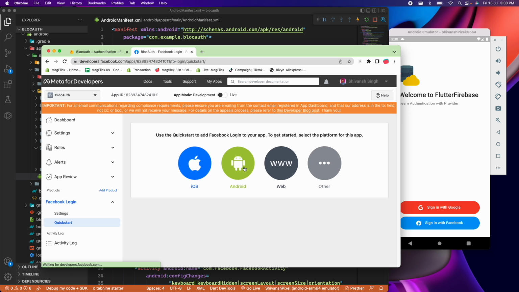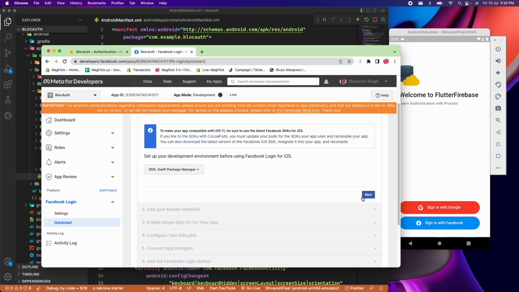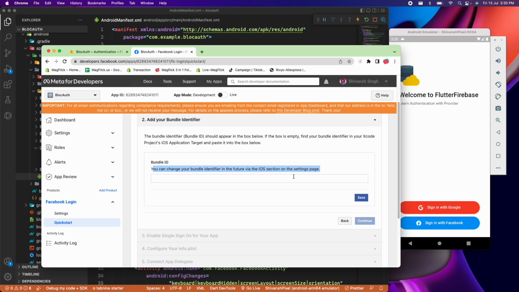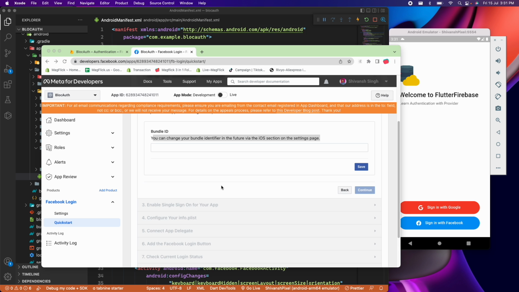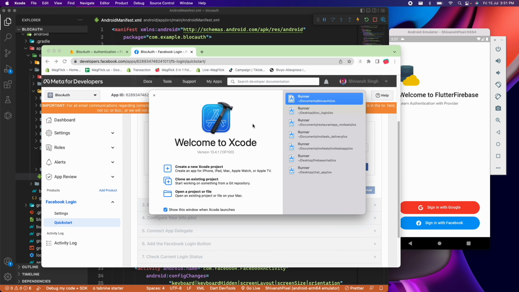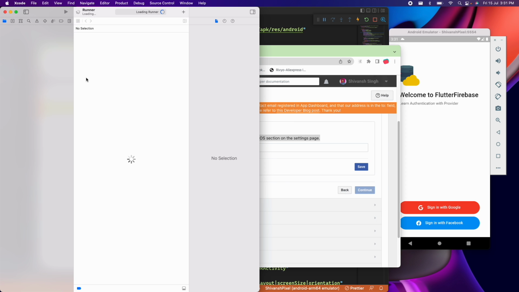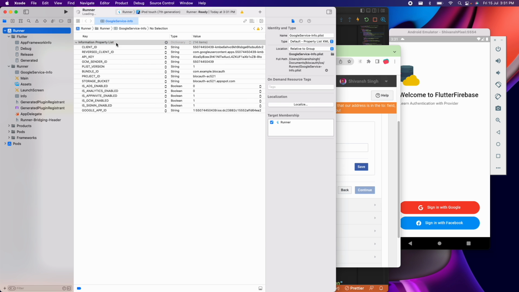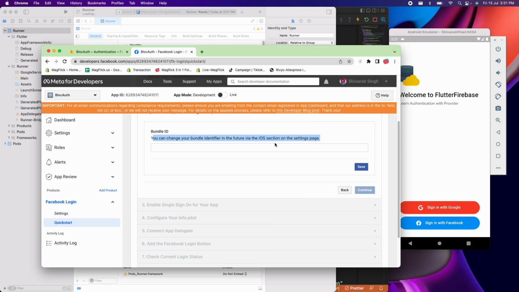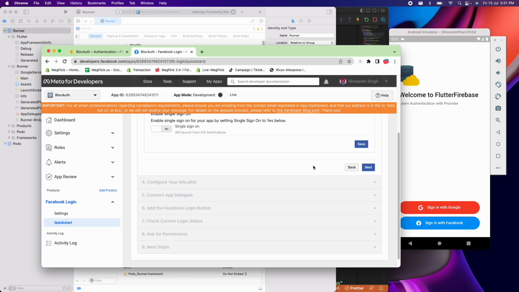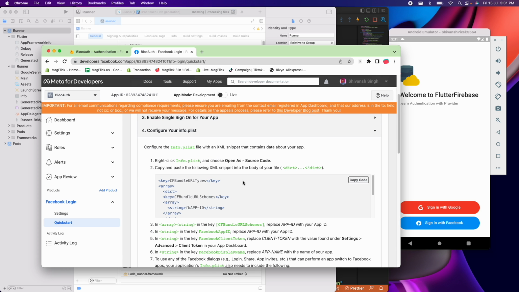You can click on iOS here and click on next. It is asking for the bundle ID, so we open up our Xcode, and now Xcode is open. Remember, we recently opened this particular folder, so we can just directly go from here. And if you go into this Runner, here you have the bundle ID. You can save this, click on continue, then click on next,